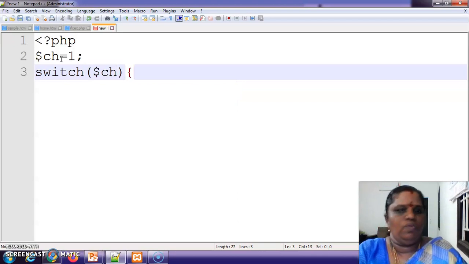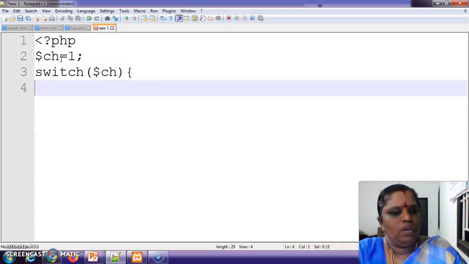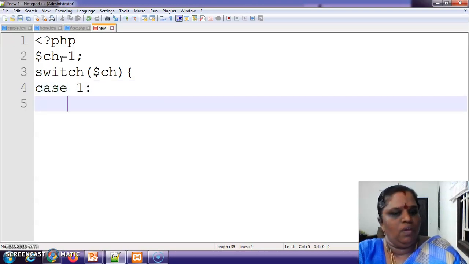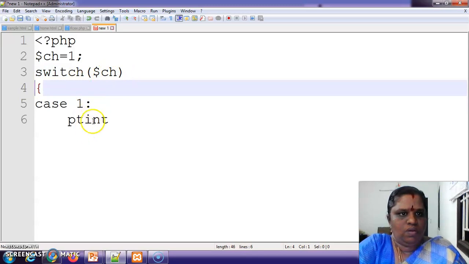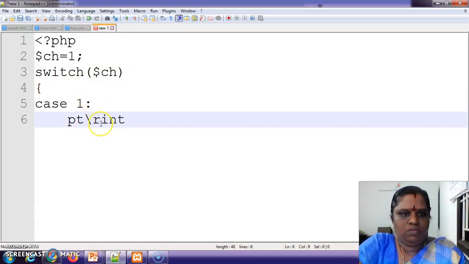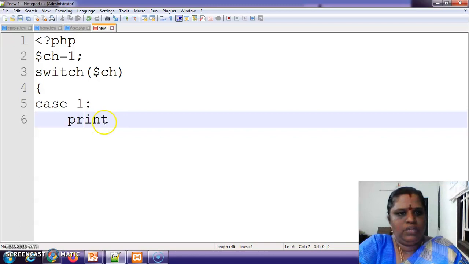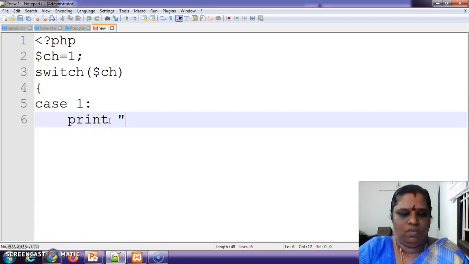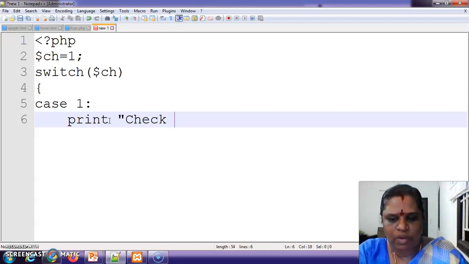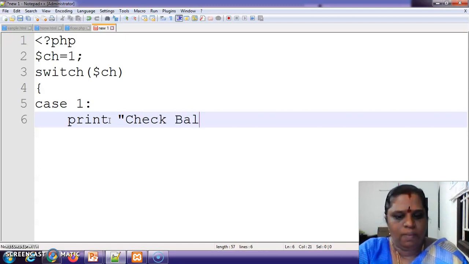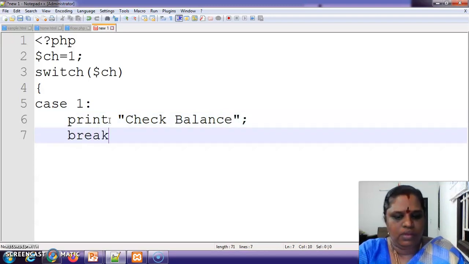And case 1 means print check balance, right? This is the thing we are having in your program, right? Check balance. Then break, isn't it?